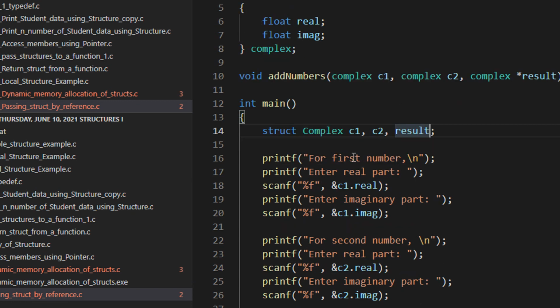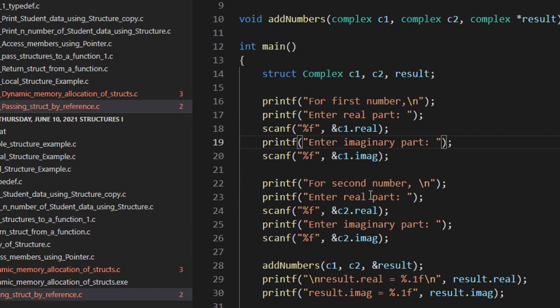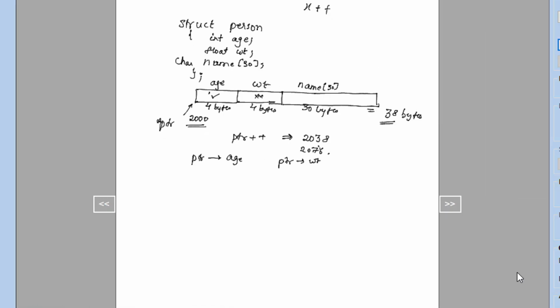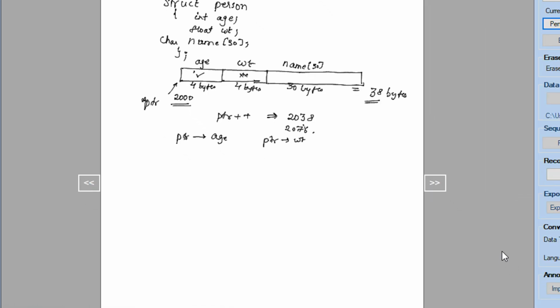So for the first number, I am taking from the user the real part and the imaginary part. Similarly, for the second number, I am taking the real part and the imaginary part, right? Now, basically, I need to add the two complex numbers. So as we all know, what happens with complex number addition is, if I have a number like 5 plus 3i and let's say 6 plus 9i. So when we add this,